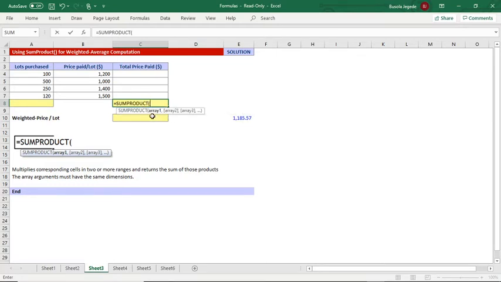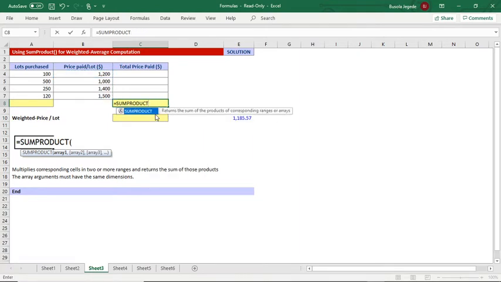And if you look at the parameters, the suggestions, it's telling you to enter an array. So what does it mean? This array right here of quantity, the one we multiplied with its corresponding array of the price for each lot,